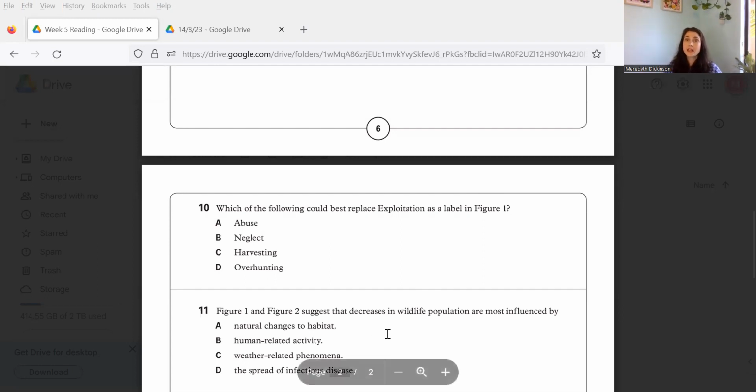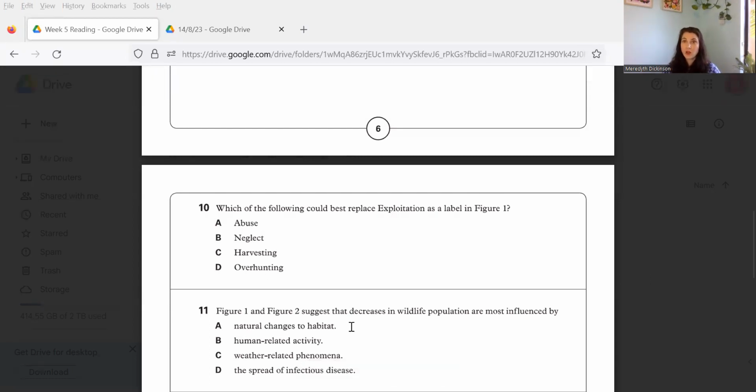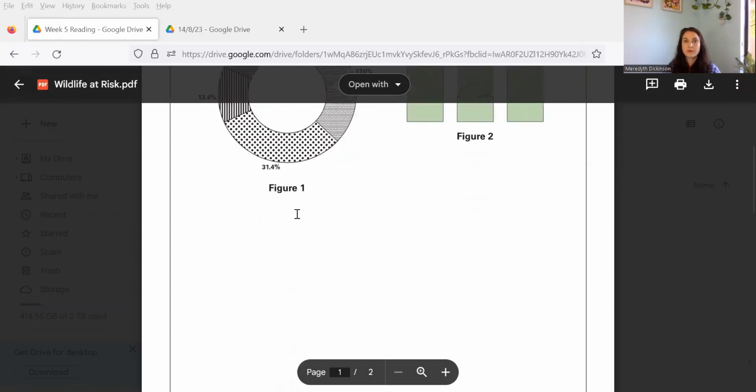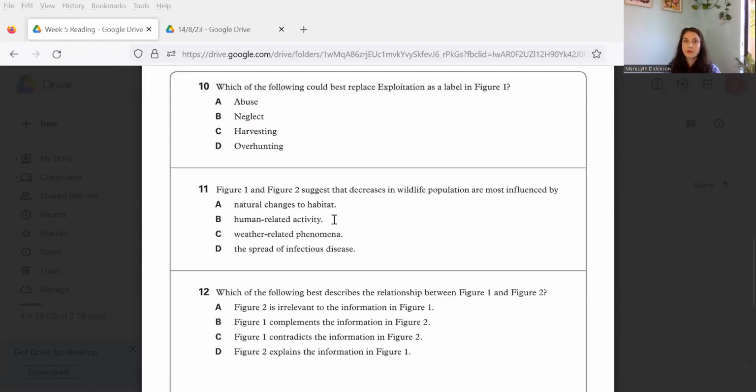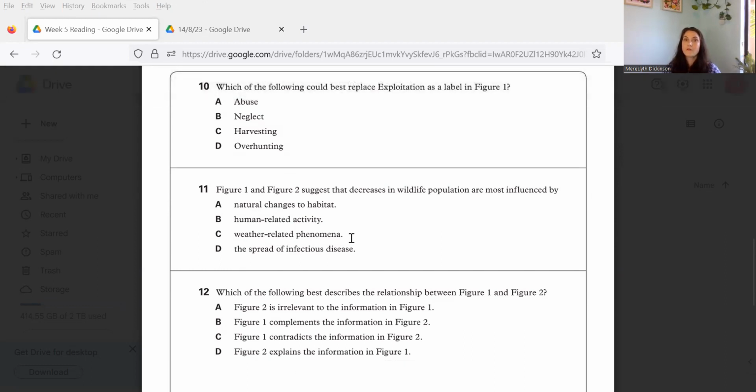Figure 1 and 2 suggest that decreases in wildlife population are most influenced by natural changes to habitat. So if we look simply at exploitation, humans are exploiting the situation. It's not natural. The disease one, that's natural, but that's only 1 out of how many other 7. Human-related activity, that's definitely possible, but let's keep on going. Weather-related phenomenon. Now that one, it could be true because